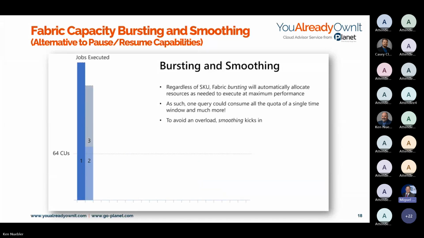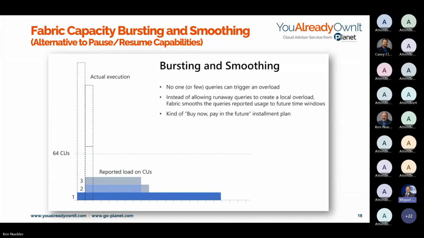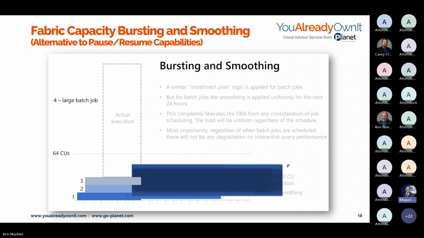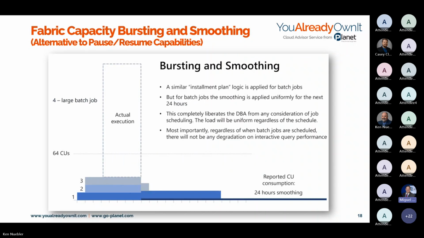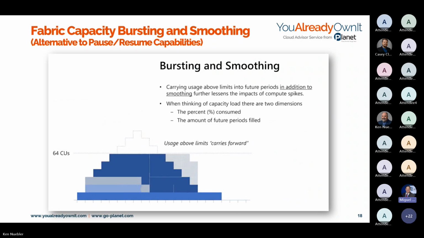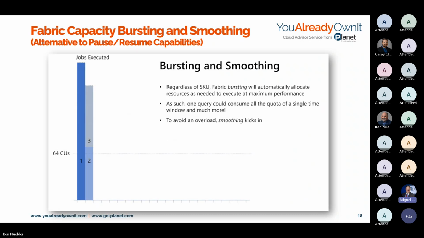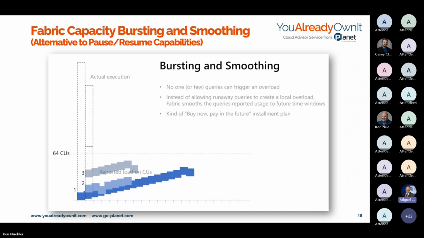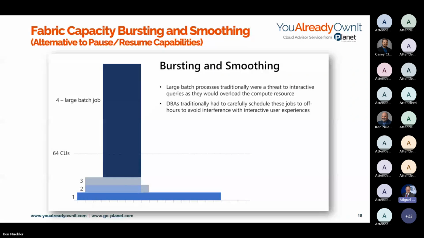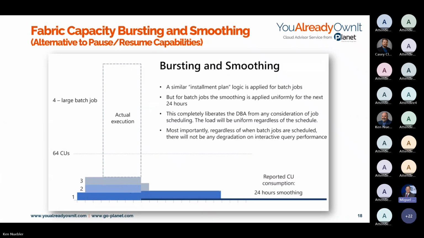But what we also have that is very important is something called bursting and smoothing. This is the ability, when I'm running a job, typically a scheduled job, and that job needs excess capacity units beyond what's allotted, it'll go ahead and let you use it. There are some things that will happen if you do this for a long time, and I'm going to get into that. It's typically 24 hours.